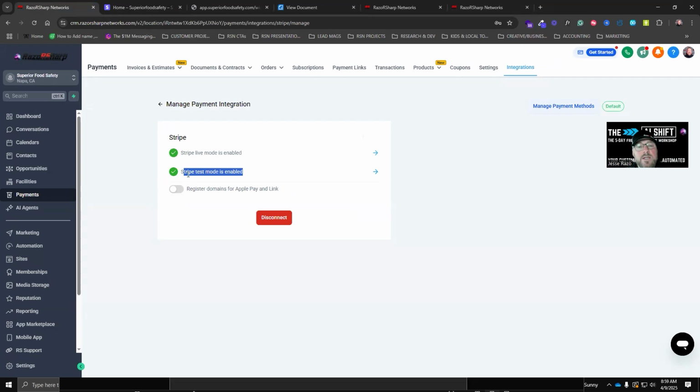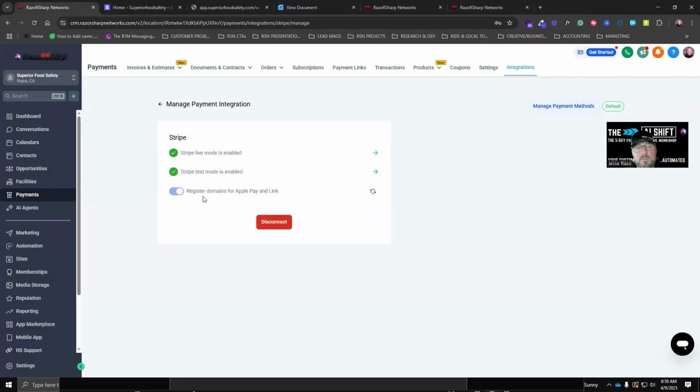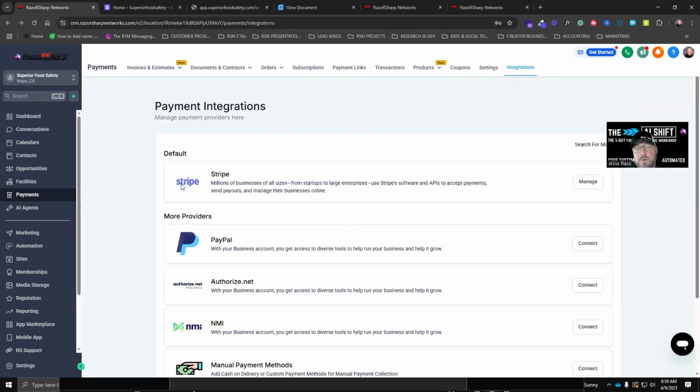But what this does is it creates a secure connection. It utilizes the API keys, secure secrets and things of that nature, and sets that up automatically, which is really great for both test and the live mode. Gives you the ability to do it quickly and easily. I'm going to go ahead and select register domain for Apple Pay. And we're all set. That'll set up our Stripe integration so that we can leverage product sales on the RazoRSharp